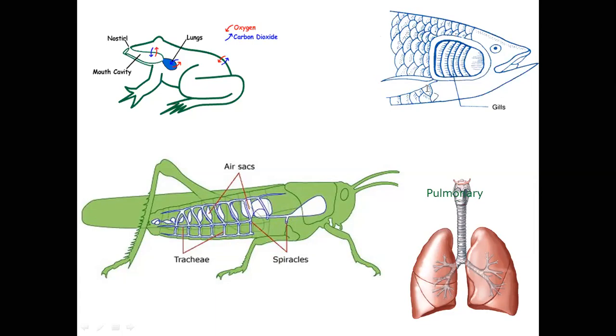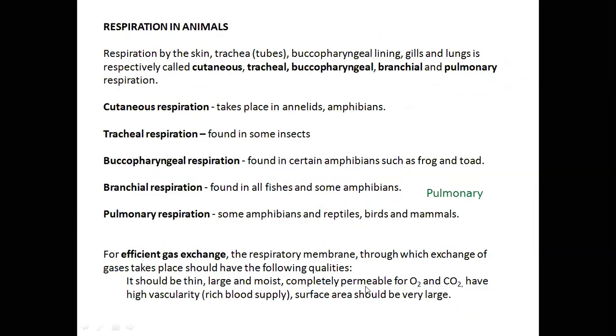Yes, I'm explaining the last line on the last page. But what was written in the last line of the last page? Let us see. So in all of these, there will be membranes, and through those membranes and structures gaseous exchange is happening. For efficient gaseous exchange, the respiratory membrane, where respiration is happening,